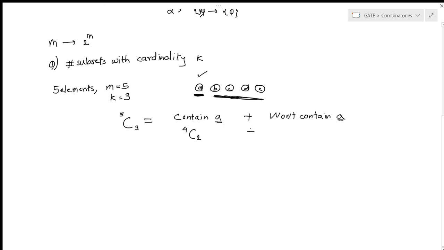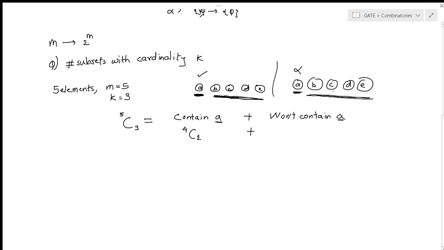Okay, now the other case. I will draw a fresh diagram over here: A, B, C, D, E. Now what I am saying is that no matter what happens, I am not going to take A at all. So A is not going to be in my calculations. I am not considering A. So what will my subproblem reduce to? I am left with these 4 elements. The total number of elements which I wanted to select was 3, right? And I am not at all taking the element A, that's for sure.